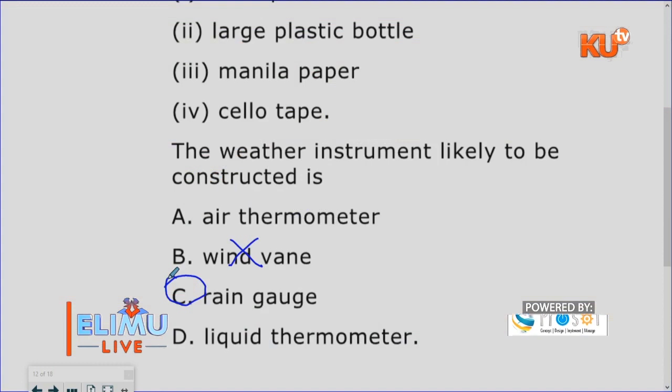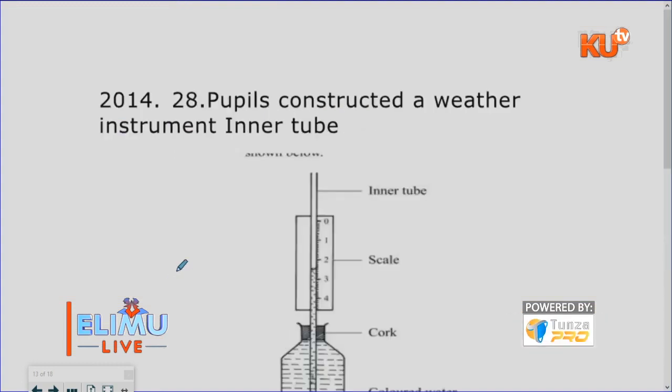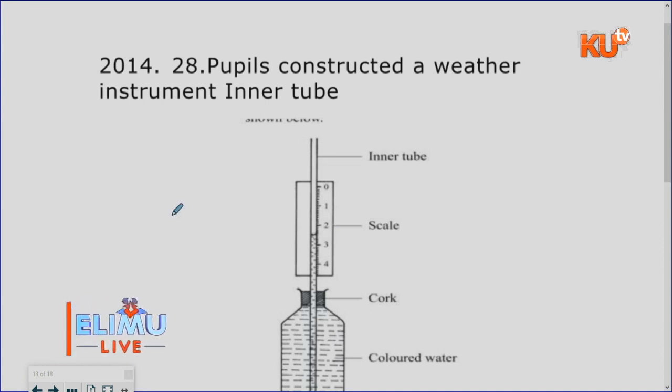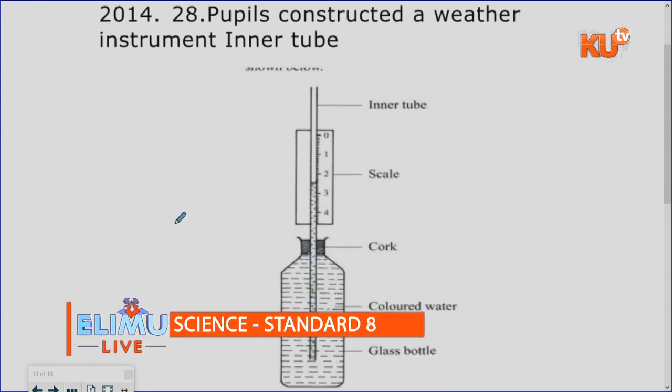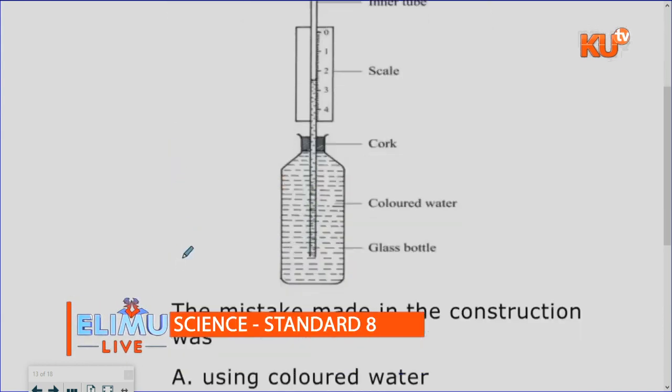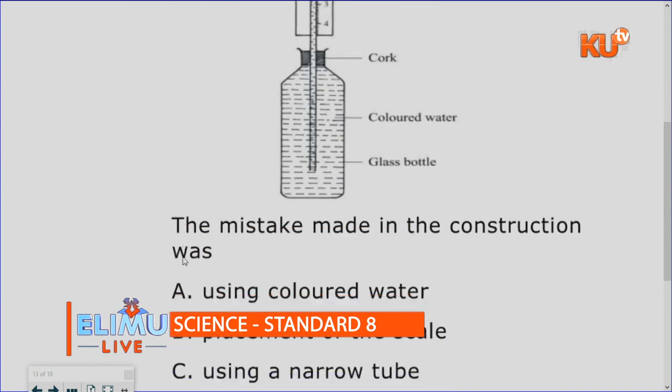So those are a few points that you can use to differentiate. 2014, number 28: pupils constructed a weather instrument with an inner tube. So this is our last question. The mistake made in the construction was,